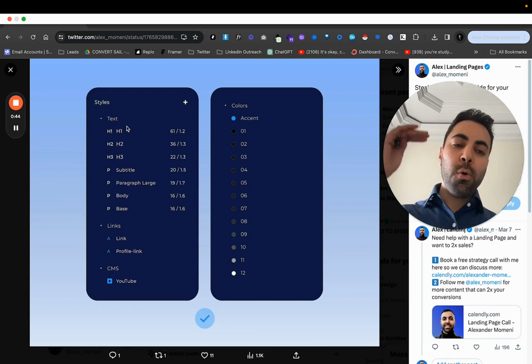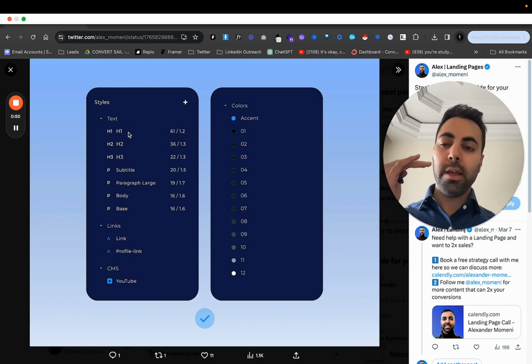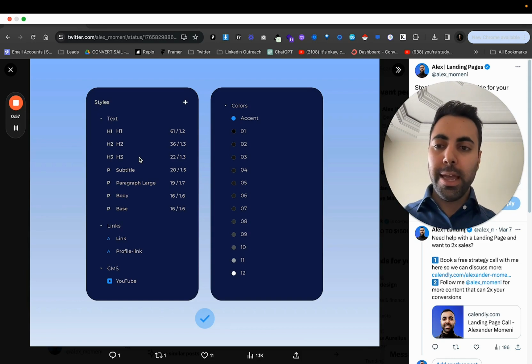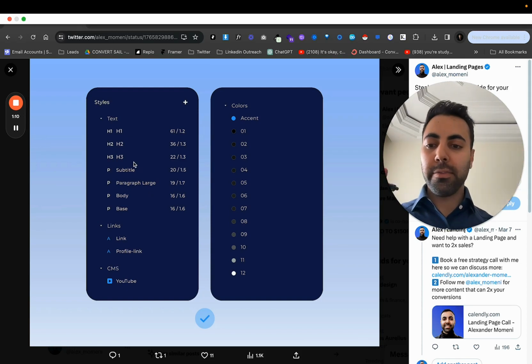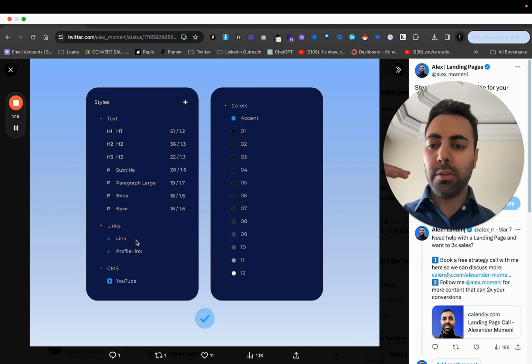As for text, all your main headers, your site header, your section headers, that is your H1 tag. Then more subheaders, the text under that, that's H2. Then you go H3 if needed, and then you'll do paragraph and body, which would be the same as your subtitle. So your subtitle, your subheader, that'll be more body paragraph text. So it's really just headers, paragraph, and then yeah, when it comes to CMS, I'm dealing mostly with just links